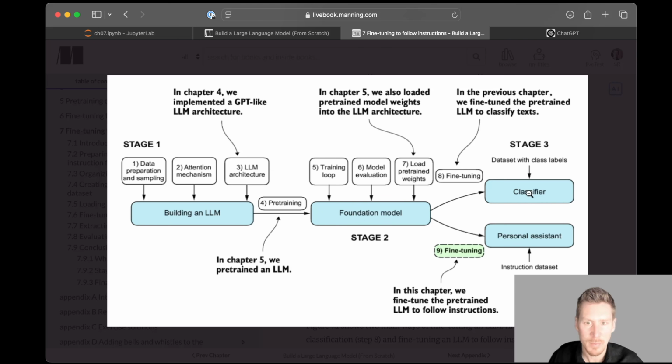So in this chapter, we will be making the model a bit more general, so that the model can respond with free-form text, and it can also process multiple types of queries. So it's more able to understand what we want from the LLM, and it is more flexible and can do more things. Of course, the model we are going to develop here won't be as powerful as something like ChatGPT,